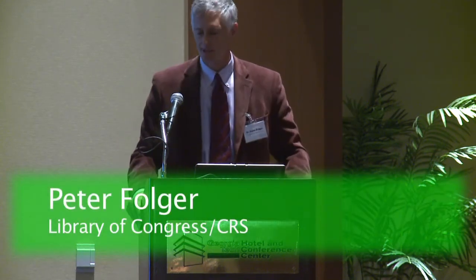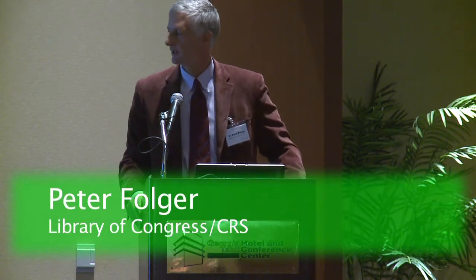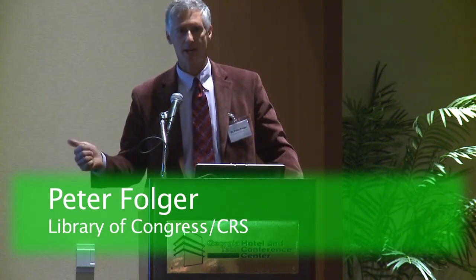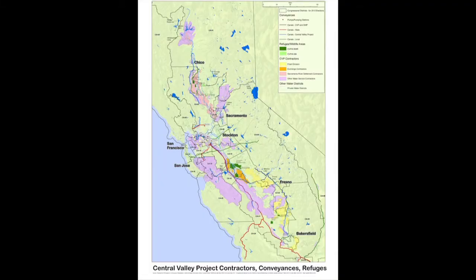Hello again. I'm going to be very brief so my colleagues up here have more time. You already heard my spiel. I just want to start off and finish with that map I ended up with in the last talk, the California water map. I realized after I put the talk together, I didn't talk about any specific issue that we put this map together for. But basically, the one which triggered this was the question that we got from Congress about the 2007-2009 drought in California. Was it a natural drought? Was it a human-induced drought?